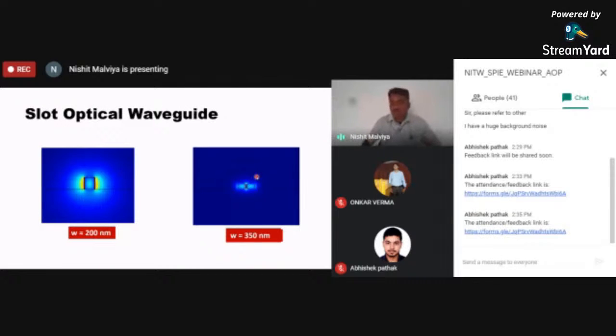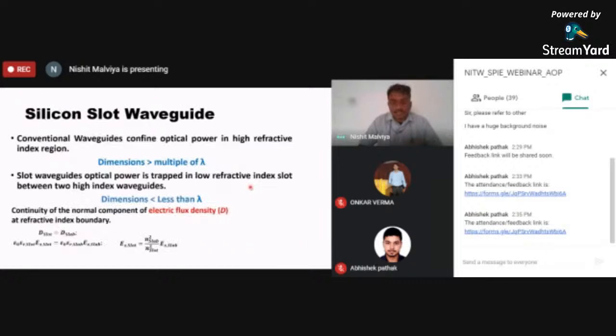So this is all about how we confine the light here. These are the fundamentals, and we utilize them by putting another waveguide, and the discontinuity of the electric field is made together here. This slot waveguide confines the light. The light leaks out here, that leaked light is confined here, and we can utilize these devices for different optical components like modulators and other things. So how is it possible?